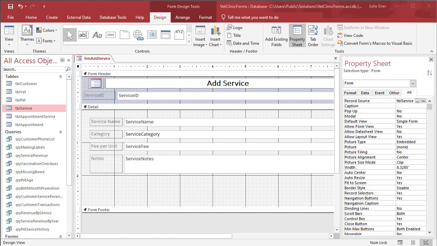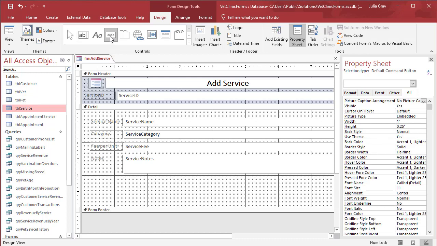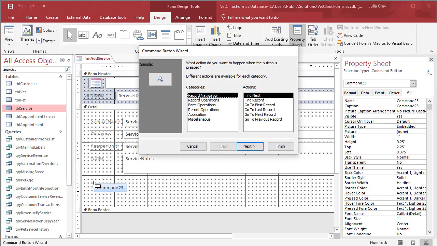Hi there, I'm going to show you how to create a command button in Access for a new form, add service. So let's get started. Under the Design tab here, we're going to click on this option here with the X's. That's our button. And when we select the area where we want the button to go, it pops open a wizard. So in this wizard here, we're going to be adding a new record. So we need to go to Record Operations, add a new record,